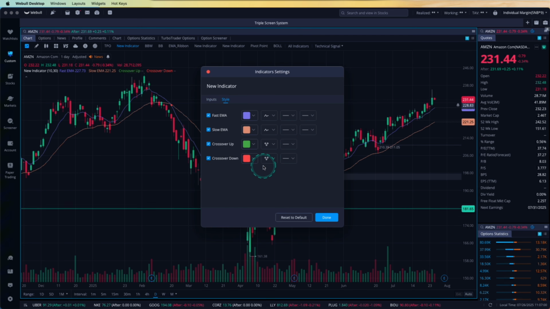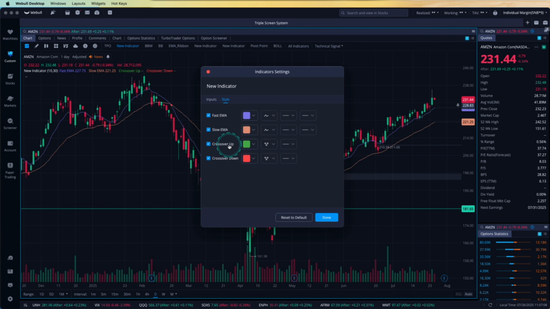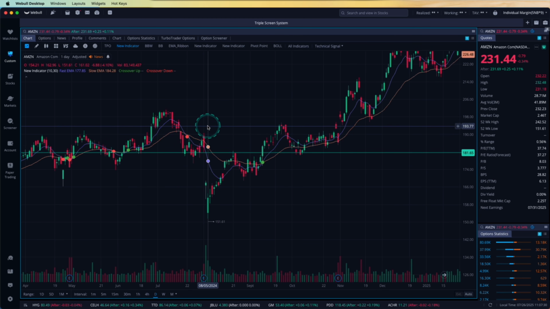Now, as far as the style, here's where you can change the colors. So you can put whatever you want. You don't even have to put the code in, which is great. And then as far as the plot, so we said we want it to be a dot, but it can be a lot of different things. I like to use either a dot or a cross. And then if you want it to be larger, you can do that. So it's easier to see. And you can see that it made it a little bit bigger there for the crossovers. But that's basically just that. That's how you can tailor that to actually plot something on the chart when there's an actual